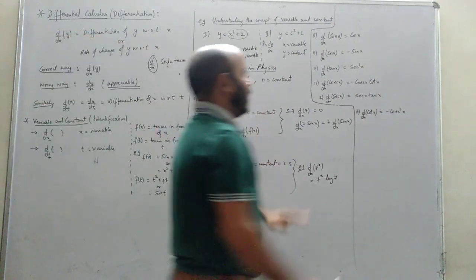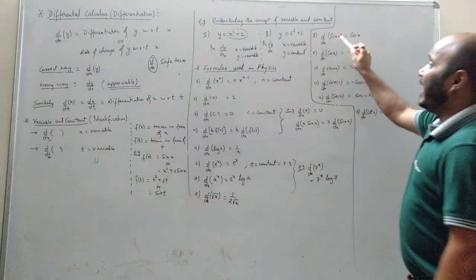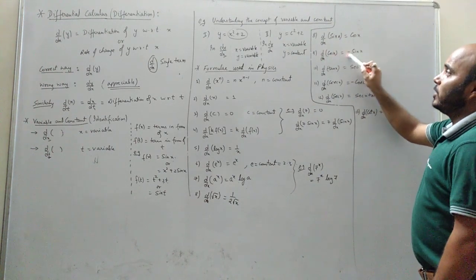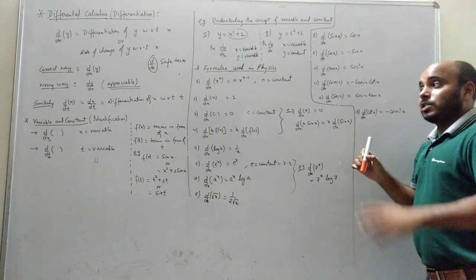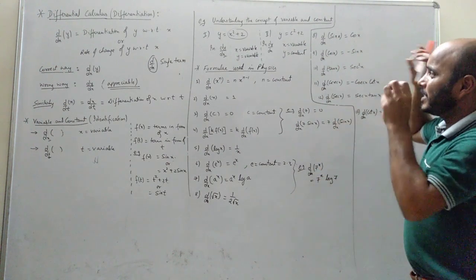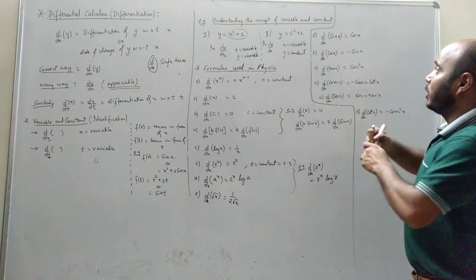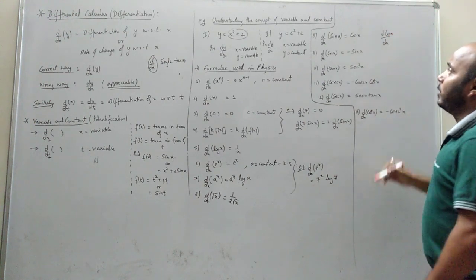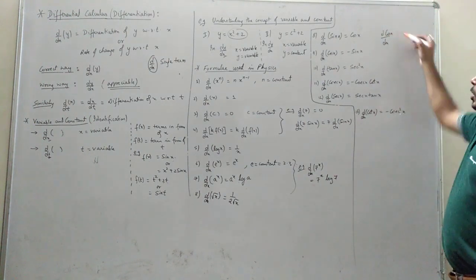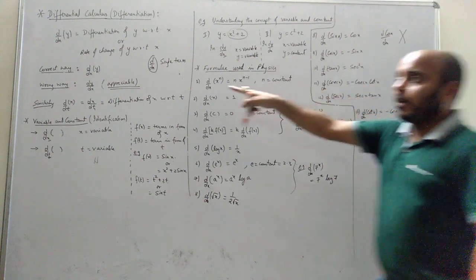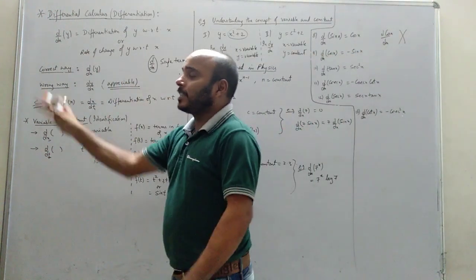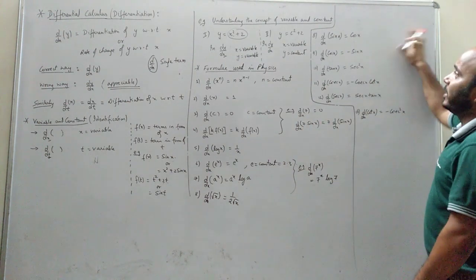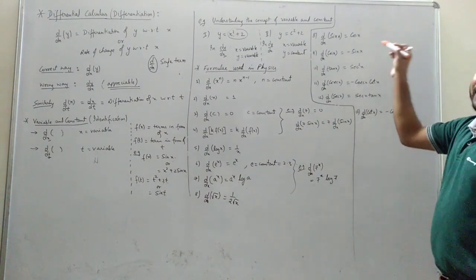Okay, now next, d/dx of sin x equals cos x. d/dx of cos x equals minus sin x. Now see here, when you're writing these things in your notebook, write exactly what is written out here. Don't write like this: dx, cos x happened, just wrote it, done. This is totally wrong. I told you the right way of writing. The correct way is to write inside the bracket the thing you need to differentiate. So don't write halwa type. Write exactly the way I have written here.